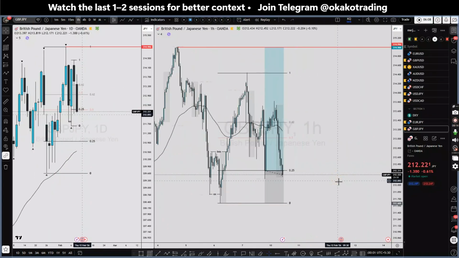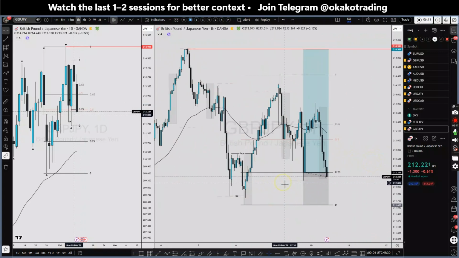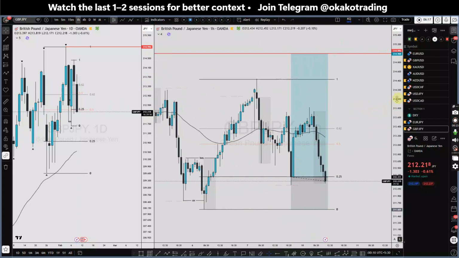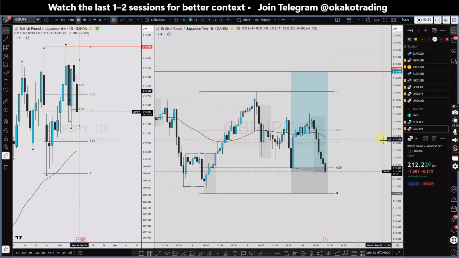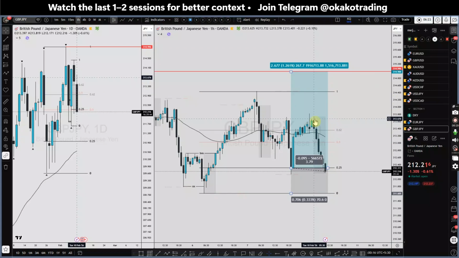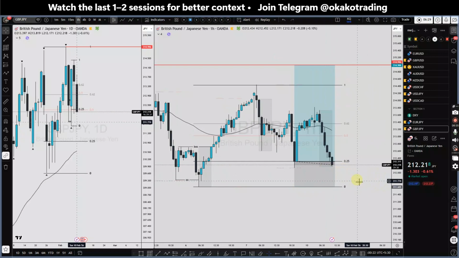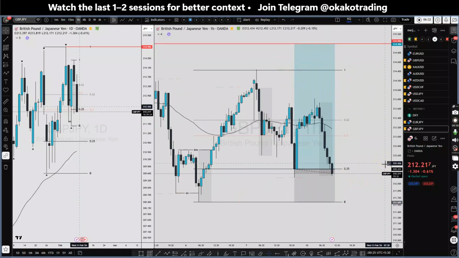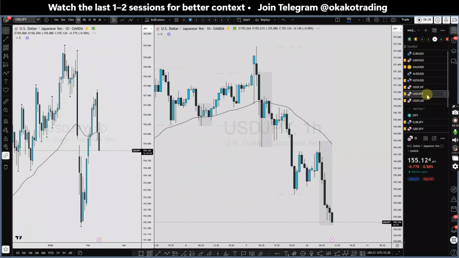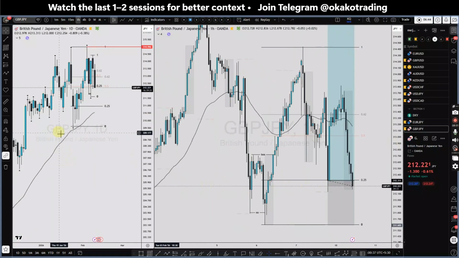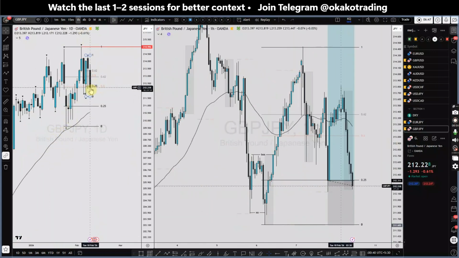Okay, I'm currently long in GBP JPY. The last day during the London session, my position got triggered, and the initial move was beautiful. I was up by around 1.5 R, and then since the beginning of the Asian session, we're just sharply dropping towards downside. And right now, the trade is running around break even. I'm gonna hold this position and let's see how it unfolds. The USD JPY bias is bearish, so that's the negative sign. Overall, we are currently at a discounted price region in a bullish market for GBP JPY.